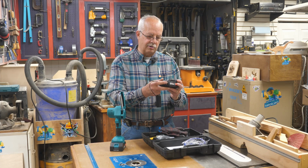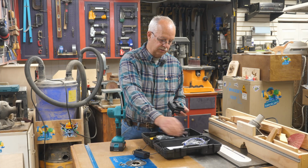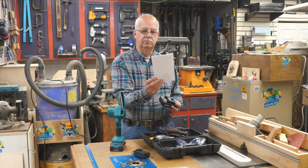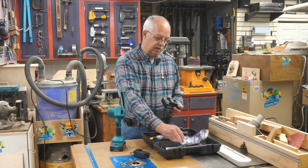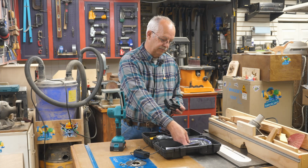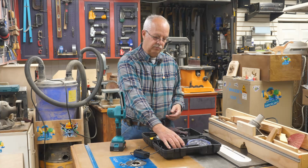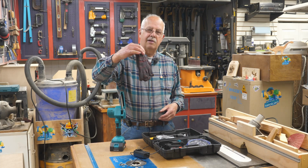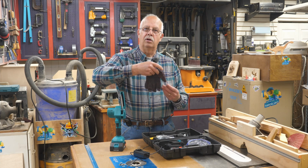So I have both of the batteries charged, and a little jack there plugs in and out. Of course, it comes with a plastic case. You get a user manual in English and I assume Chinese, because I don't read those symbols. And you get a little pair of really cheesy safety glasses. But you should wear good safety glasses anyway. Protect your eyes. Get a pair of gloves, which obviously won't fit me, but they would probably fit women or people with smaller hands, or give them to the